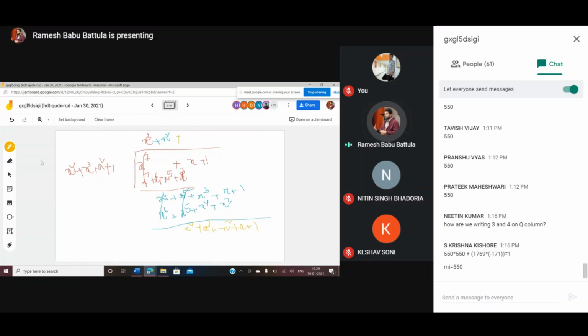Just continue this one like this, okay? So that we'll get a remainder value. Here you need to check very carefully. You need to check. x square remains x to the power 6 plus